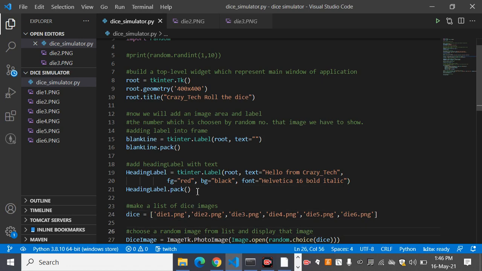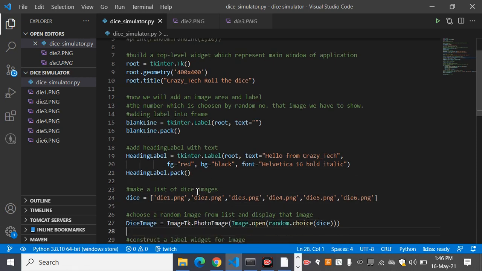The geometry manager which we use of Tkinter is pack. Basically Tkinter provides three kinds of geometry managers: one is pack, one is grid, and one is place. Grid uses rows and columns to place the widget into the window. Place uses positions relative to the x and y axis to place the widget, and pack simply puts them into the form of a rectangle.